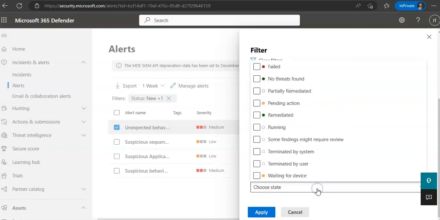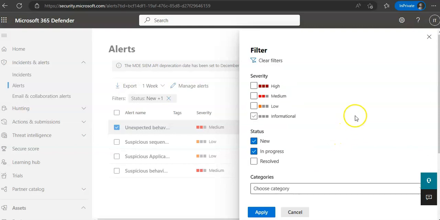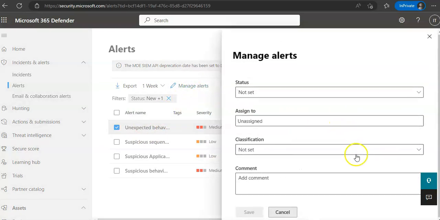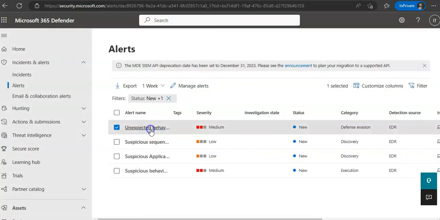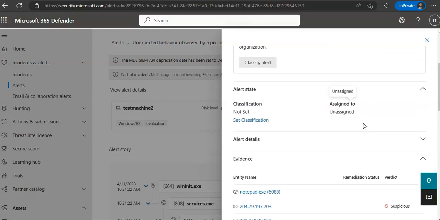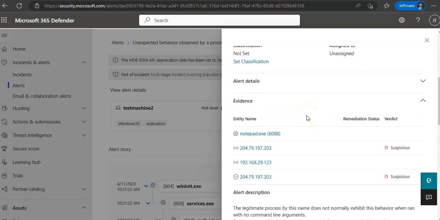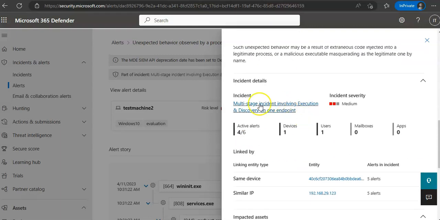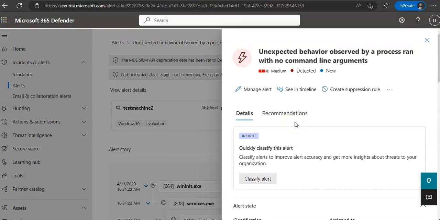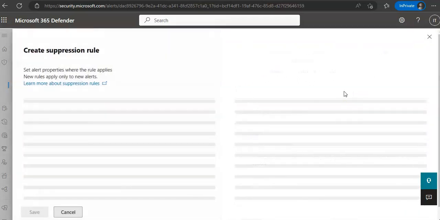Then you can set the automated investigation state as well. We'll discuss it in coming videos. And if you want to link these alerts to another incident, you can also do that. So if you click on this alert details, and you can classify it, this is attached to this incident. And if you want to suppress the alerts, there is an option. It says create suppression rule. What it does is,